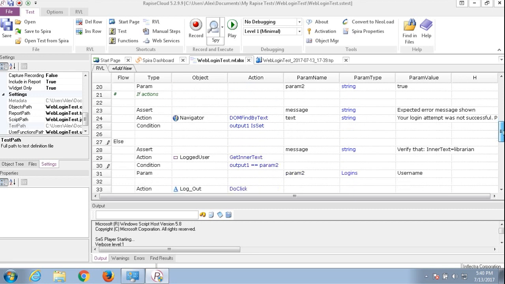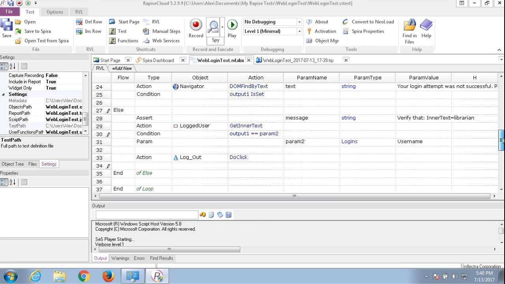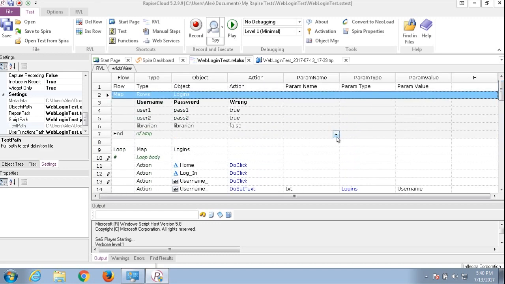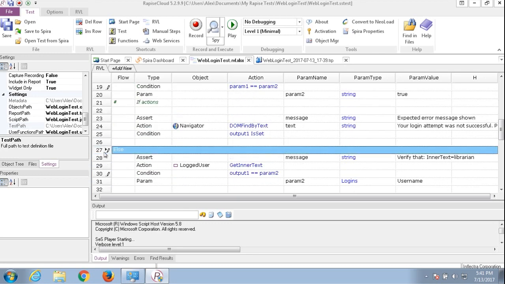So operation differs depending on how the situation goes. And finally, we made sure this test is cross-browser, so we executed on different browser targets. And so the results, including the screenshots and reports. All these were done without